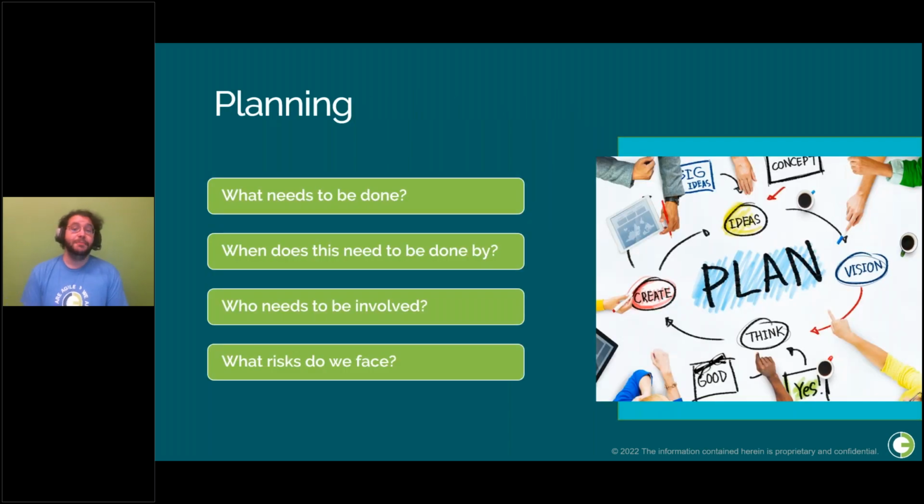Next, we move on to planning. And the whole point of planning is to outline what needs to be done. Your implementation team needs to understand what needs to be configured and what deadlines they're working against. You also need to work with the vendor to identify key stakeholders involved in the implementation process, as well as the end users that will be using the software at the end.